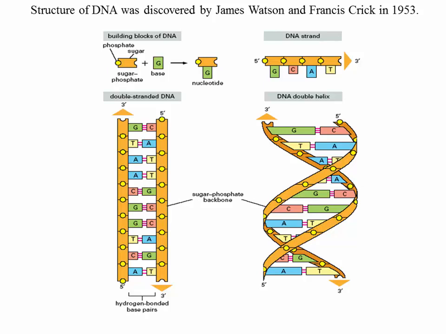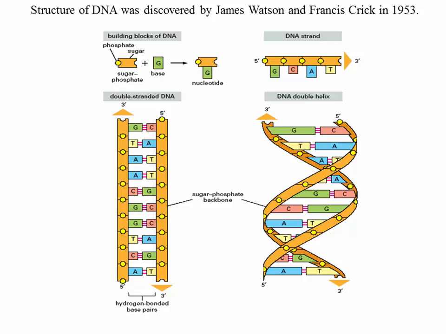Now, this is something we'll mention later, but keep in mind that A pairs with T through 2 hydrogen bonds, and G pairs with C through 3 hydrogen bonds. So if you needed to take the DNA strand apart, which would be the easier location to break it apart? Would it be an AT bond or a GC bond? AT bond, because it has fewer hydrogen bonds. So just keep that in mind. We will talk about this when the strand comes apart. There are what are called replication origins, which will be the locations where A and T are linked together. Any questions on this?